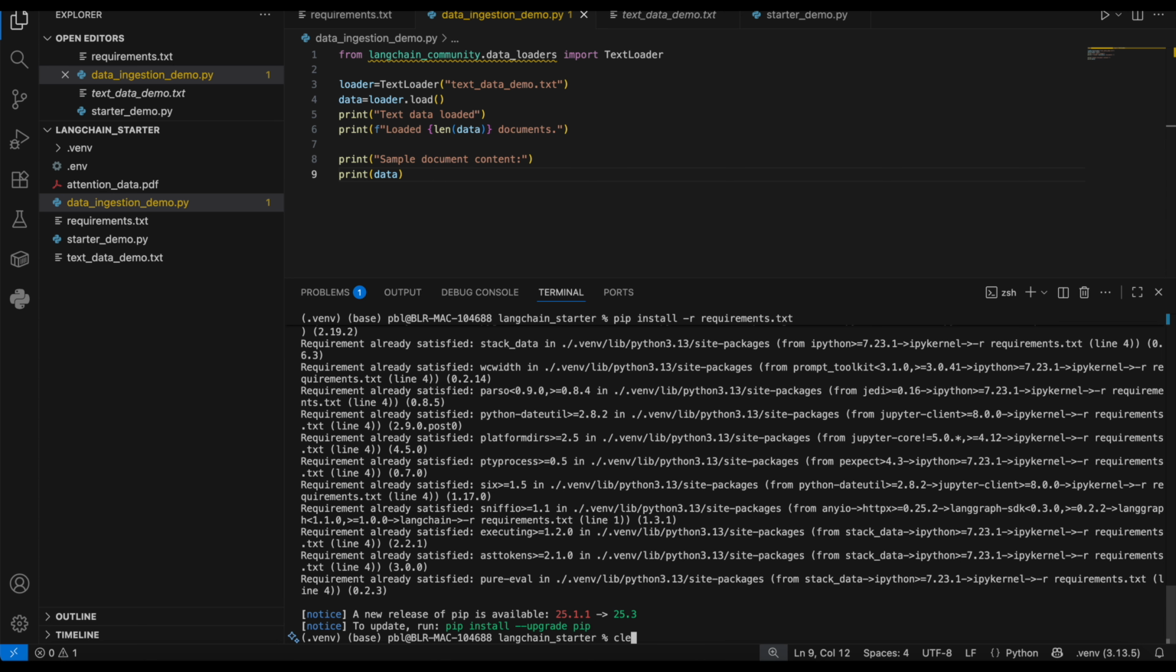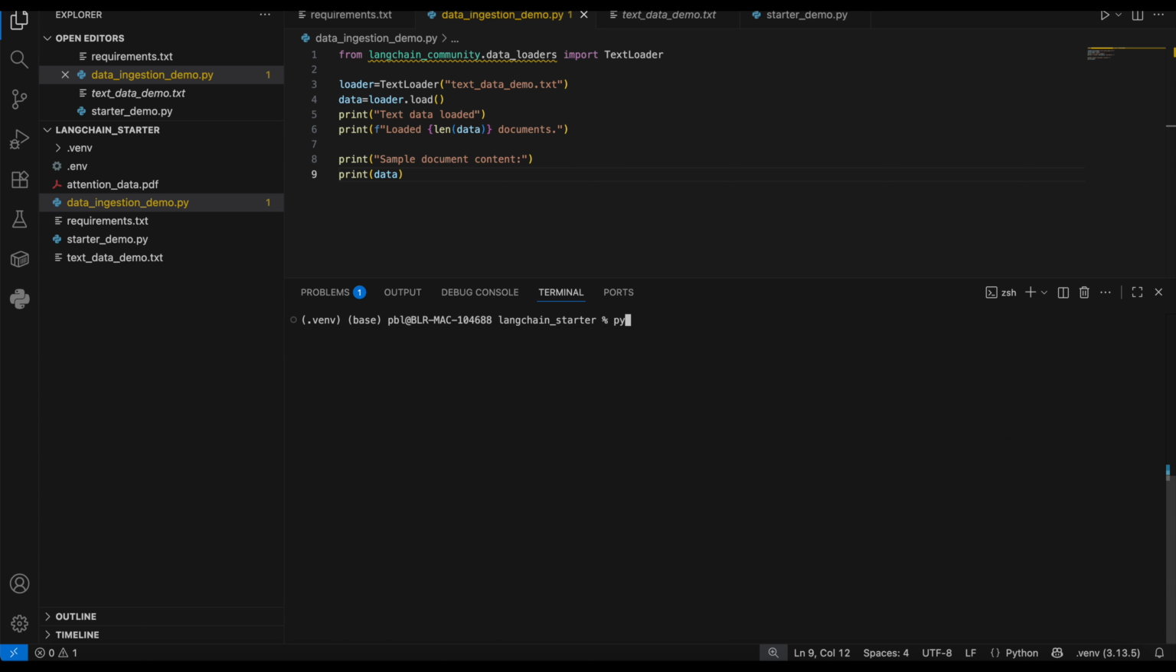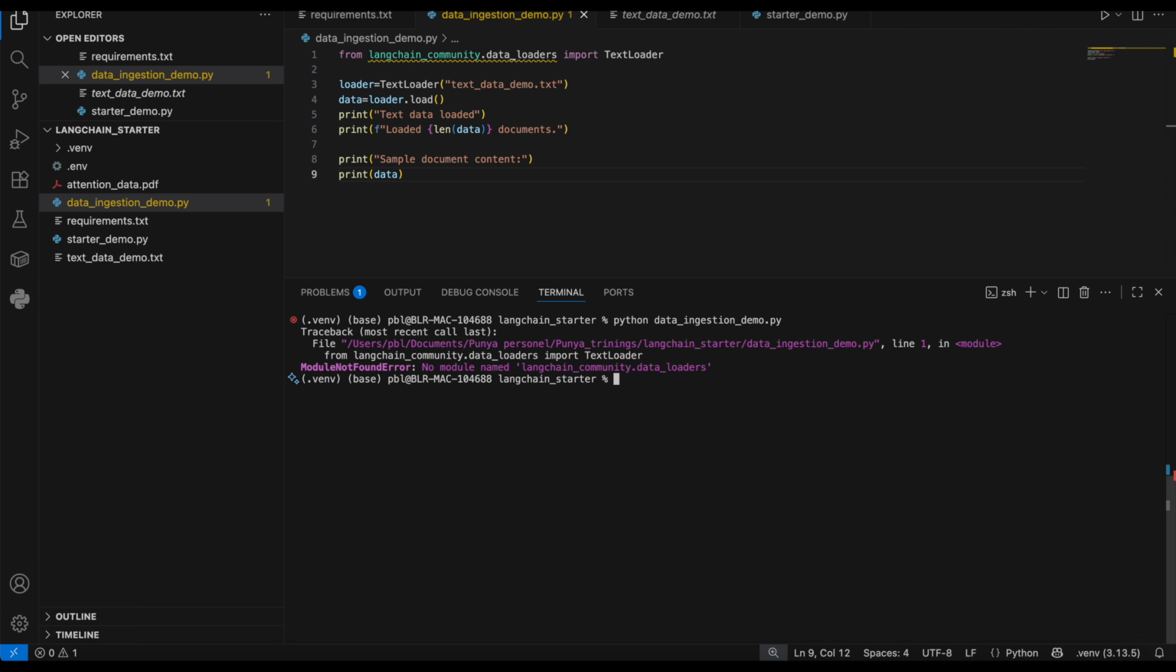So anyway, we installed. I will clear this one. So I need to run Python. I saved that one already, data ingestion demo. When I run this,